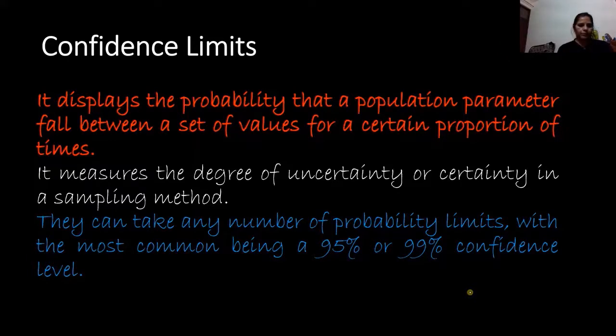In simple words, confidence limits are a range of values bounded above and below the statistical mean that likely may contain an unknown population parameter. So in this regard, the confidence limit refers to the percentage of probability that the confidence limits would contain the true population parameter when we have drawn a random sample many times.